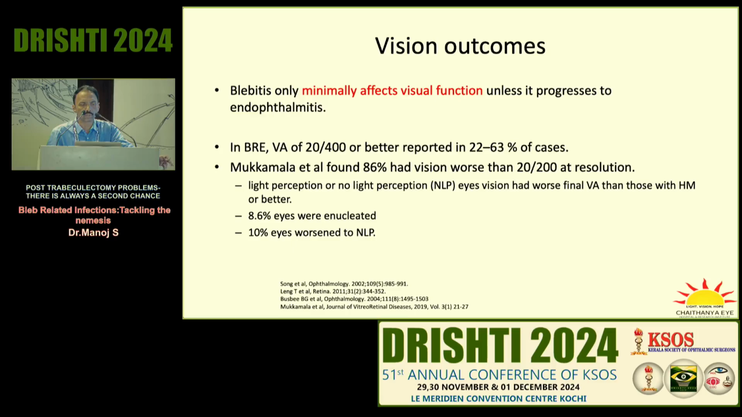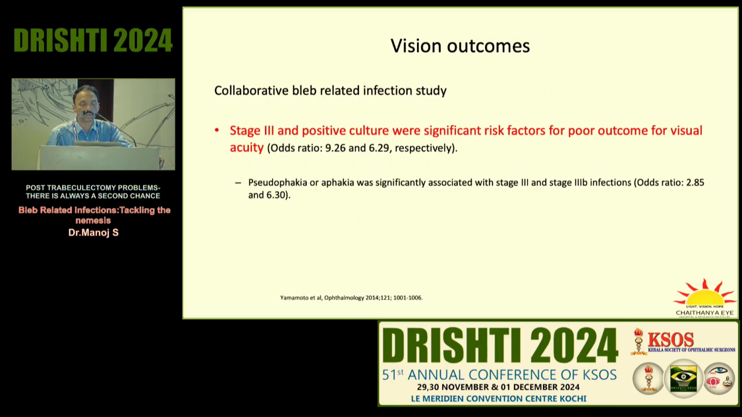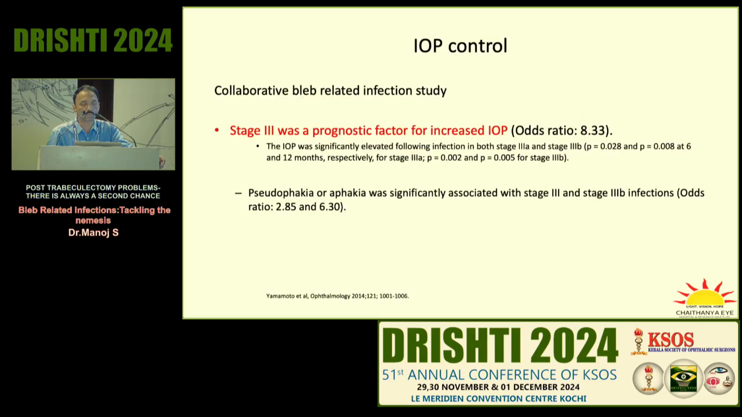Visual outcomes: blebitis usually minimally affects the visual function. But if you have bleb-related endophthalmitis, the outcomes can be bad. Now, in one series, nearly 10% of eyes had no light perception, and nearly 8% of eyes had to be enucleated. Stage 3 and positive cultures were significant risk factors for poor outcomes. And with respect to IOP control, again, the collaborative study found that stage 3 was a poor prognostic factor for